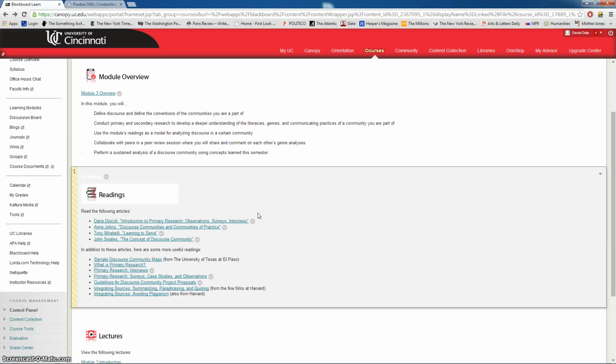Now, while that will be the majority of your secondary resources, depending on what your topic happens to be, you may or may not use some of the things we classically think of as secondary sources, like scholarly articles, research books, stuff like that. So for example, if you're looking at the UC Underwater Basket Weaving Club, they don't actually have one of those, but for example's sake, there's probably not a lot of scholarly research on that. So you're going to have to look at mainly things produced within that club.